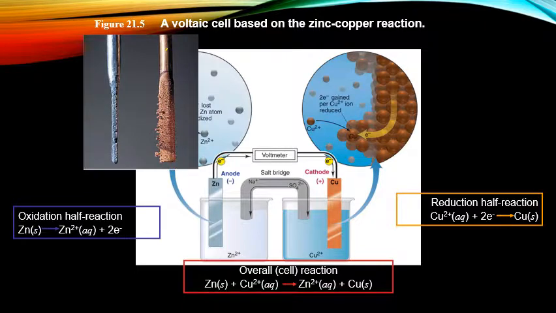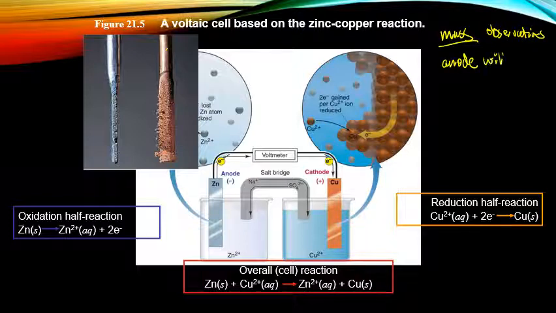If we look at an actual picture of what the electrodes would look like in the solution, you can see that the zinc on the left side has gotten much, much thinner in the solution, and the copper has gotten larger. So again, in terms of mass characteristic observations, we know that the anode will lose mass and the cathode will gain mass. So just a couple of ways that you can tell what is taking place within